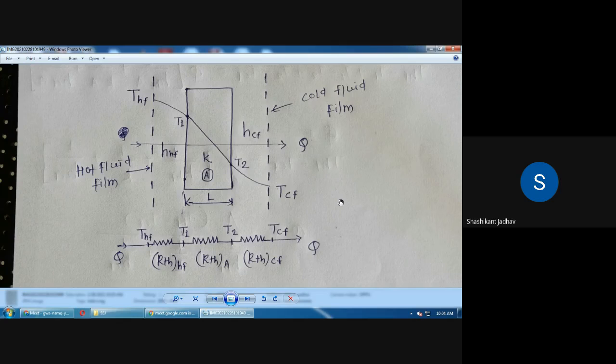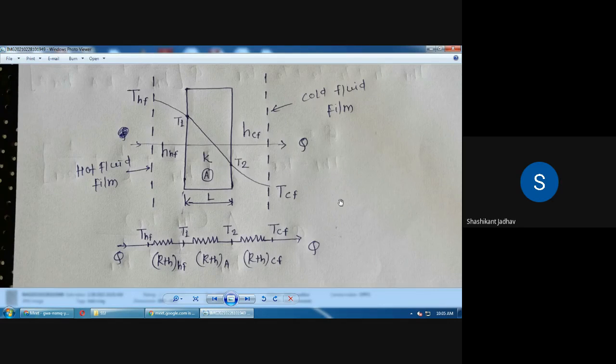And below this diagram we have to draw the resistor diagram. Okay, so the heat transfer at the left hand side is Q, and the heat transmitted out from this system is Q at the right hand side. For the convection at the left hand side, we have the thermal resistance for the convection for the hot fluid. What is the notation for that? Thermal resistance for the hot fluid, then at the center there is conduction, and the resistance for that is the thermal resistance for layer A, and then the thermal resistance for the cold fluid.